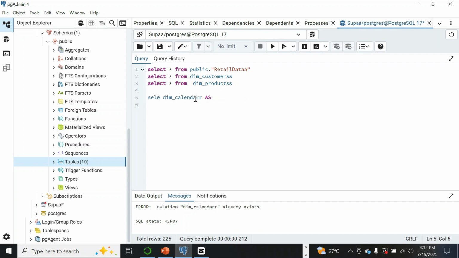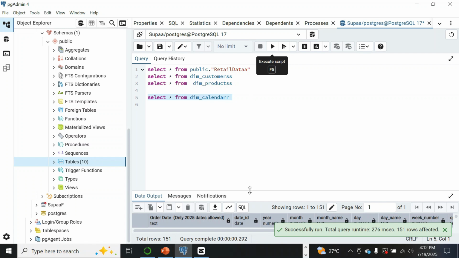Select star from calendar. So let's try to explore how this calendar table looks like. If you run this one,